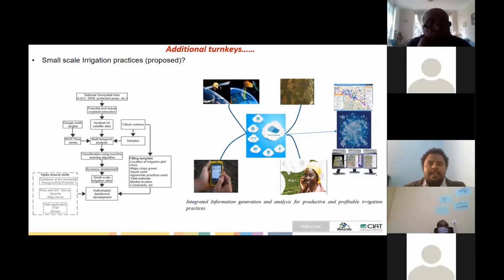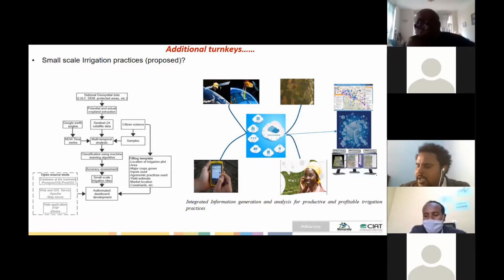And if we couple the citizen GIS or citizen science with remote sensing data, then it is possible to produce accurate information on small-scale irrigation. So it's not only about the area and the performance, but also about the market, what kind of value chain they produce for a given location, considering the situation, the market, and the value chain performance. And this is also a really innovative idea that can support the agricultural transformation in the country.